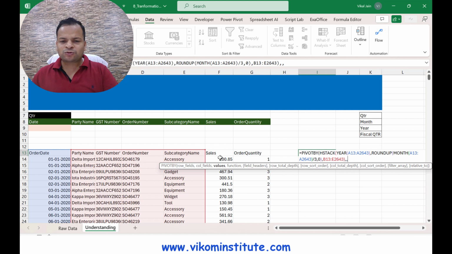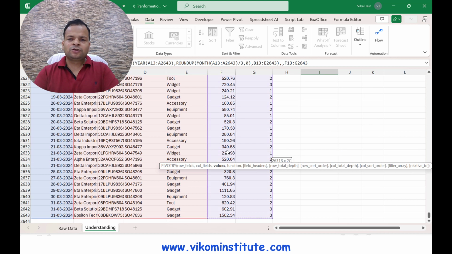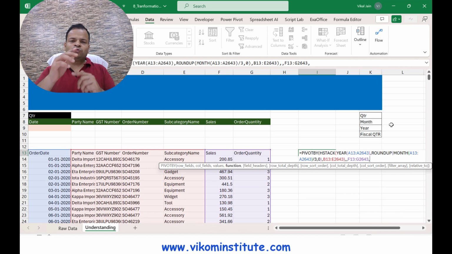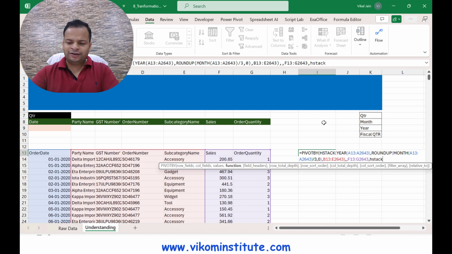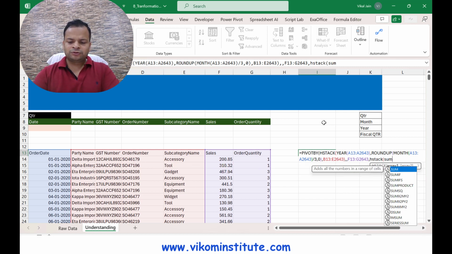I want to summarize sales and order quantity, so I'm taking both columns simultaneously, comma, and the last thing it is asking me is the function. So I'm going to sum both the columns, so I'm going to use the SUM function. Since I have taken two columns, I need to use HSTACK as I did in the previous video. So I'm simply taking HSTACK. Now it is not going to show you the screen tip. SUM, comma, SUM, close the parentheses and close the parentheses, enter.